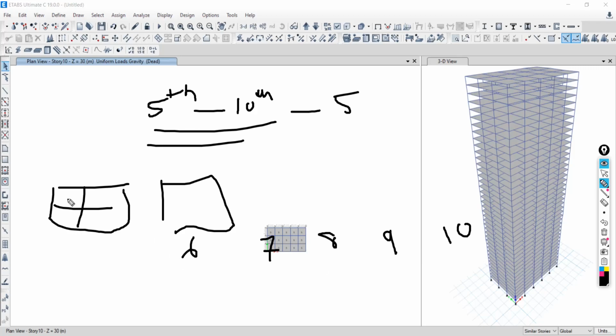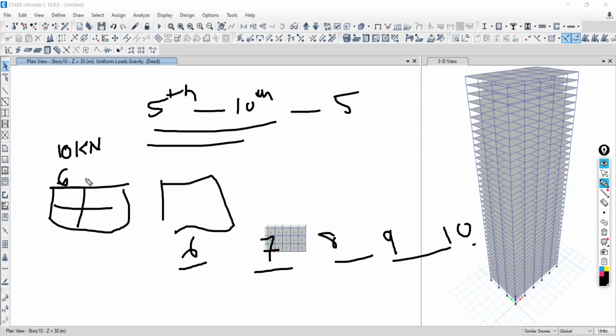Am I right? Suppose I have to assign a load to this beam as 10 kilonewton. So the same work I have to do for 6, 7, 8, 9, 10. Same thing I have to do for all these stories.